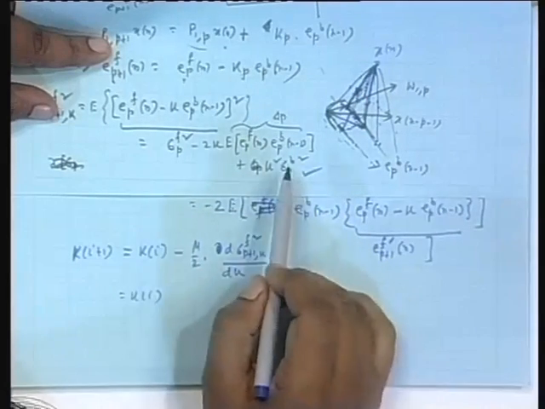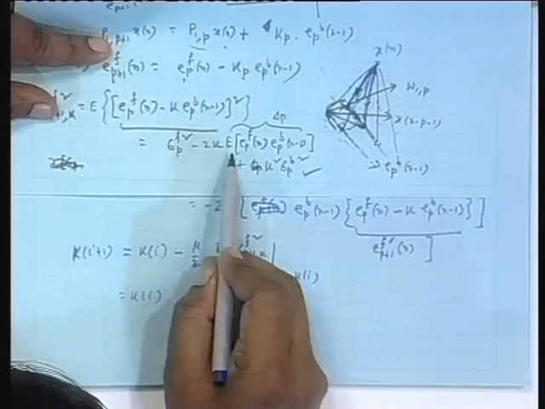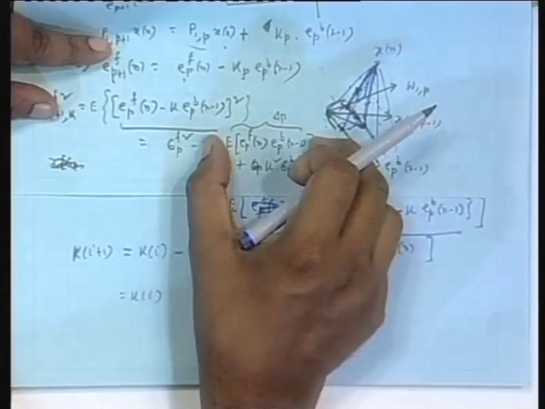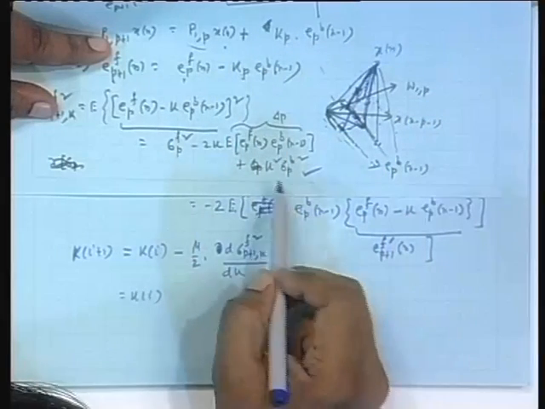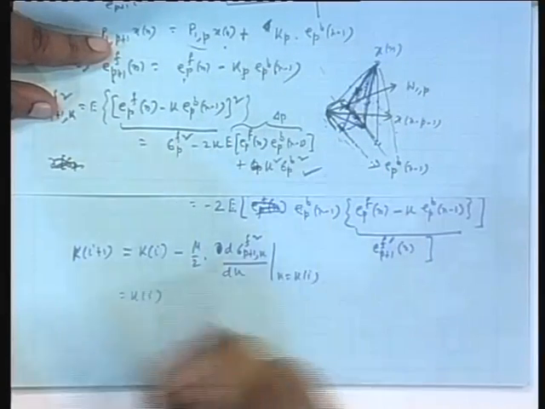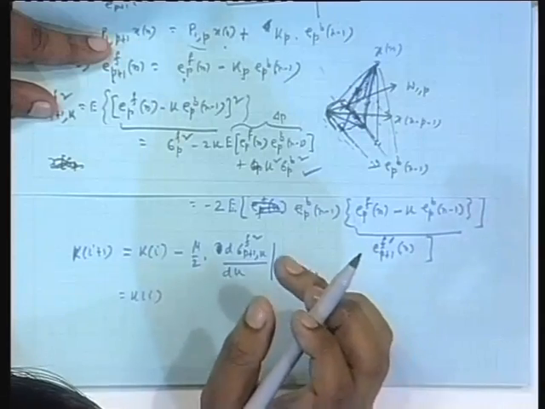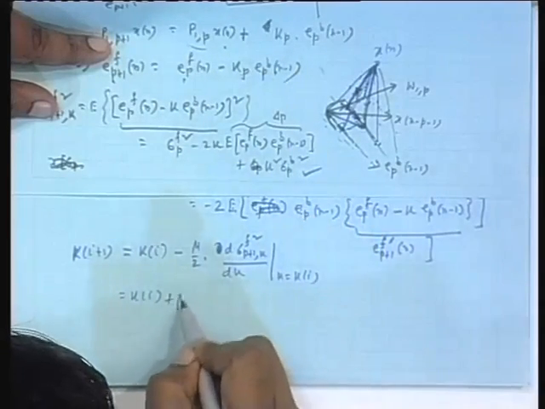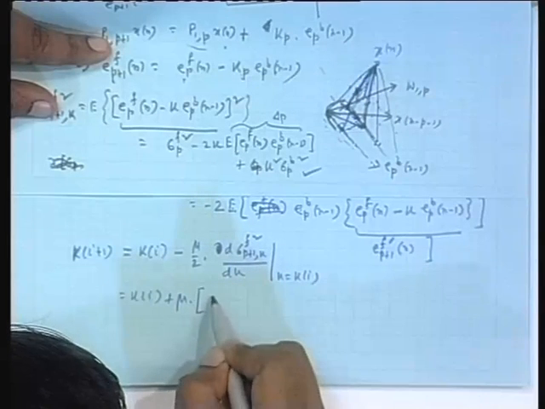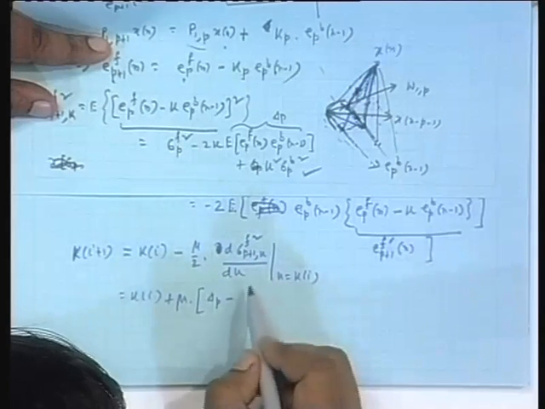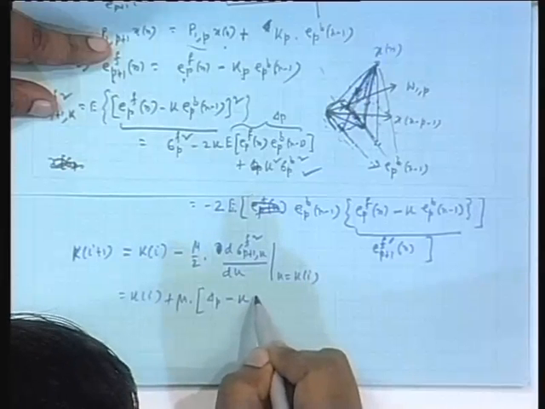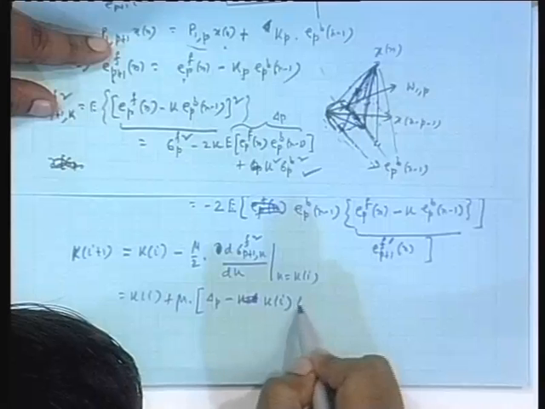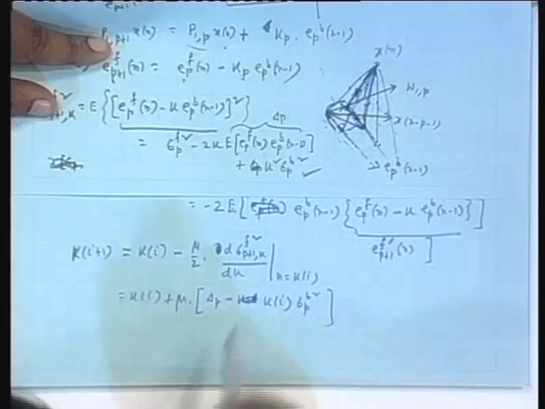So, if you just take the derivative minus 2 delta p, if you want to write it compactly instead of writing so much, you can just write it minus 2 delta p and 2 k sigma p b square. And then minus 2 and minus mu by 2, it will become mu. So, plus mu delta p, if I make any mistake correct me, minus k, means k equal to ki. So, ki sigma p b square. You are giving the correlation values.